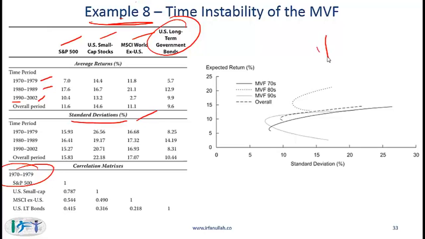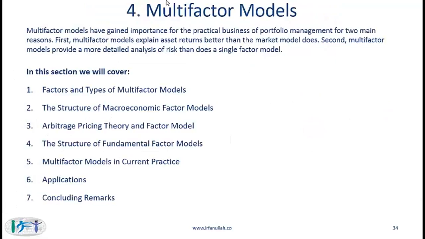And then over here, you see the different minimum variance frontiers. In the 70s, the minimum variance frontier looked like this. In the 80s, it was like this. In the 90s, it was this. So what's the point here? The point is that every decade we have a different minimum variance frontier because the inputs are changing. All right, next we come to